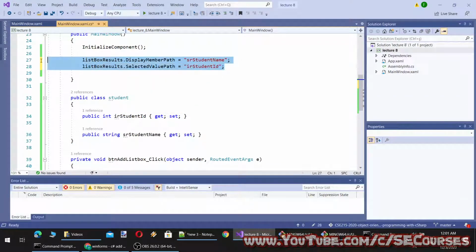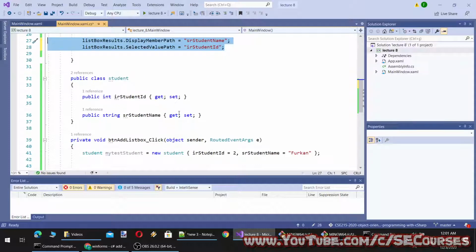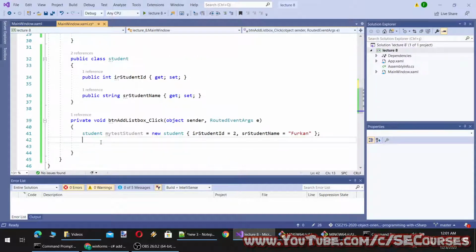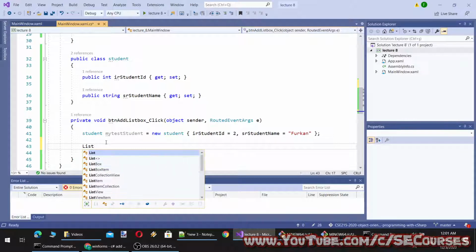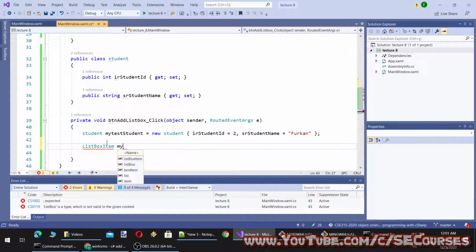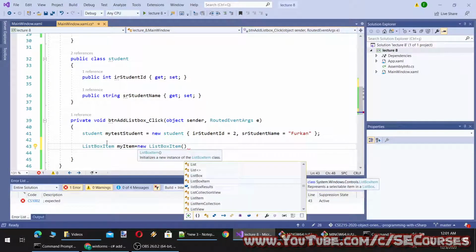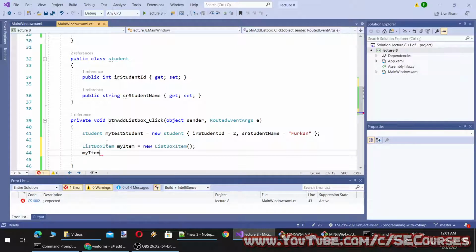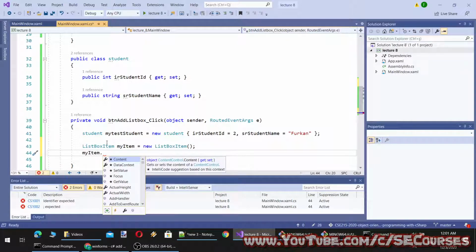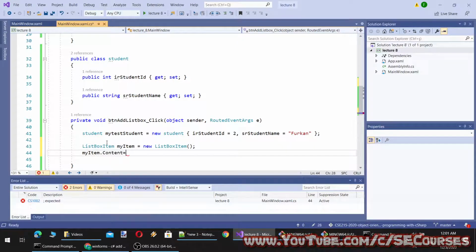This is the dynamic stuff, so it will be automatically assigned, and I'm going to compose a listbox item. Okay, new ListBoxItem. It takes, I think, there is Content as this one.